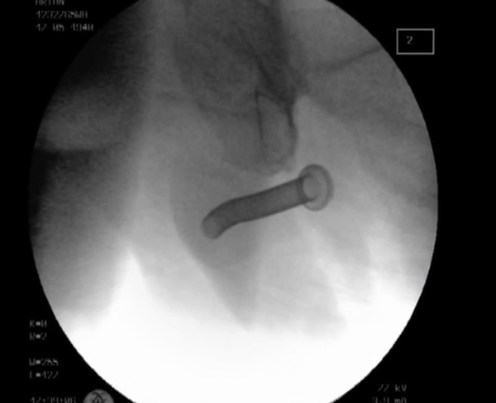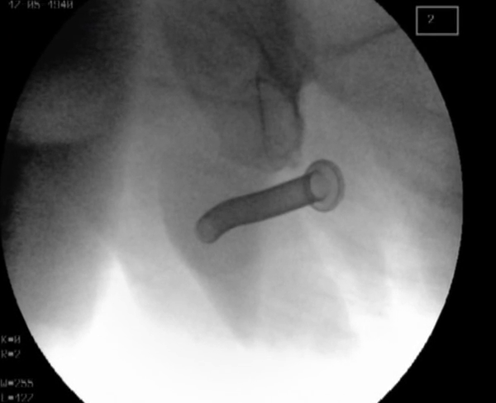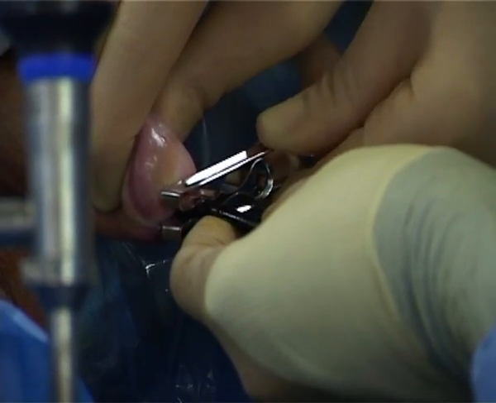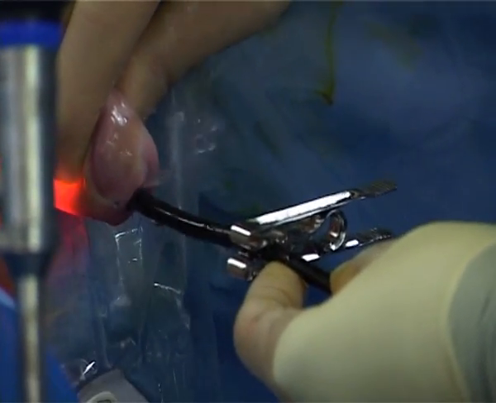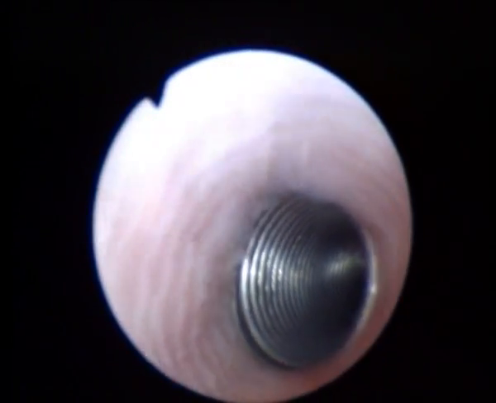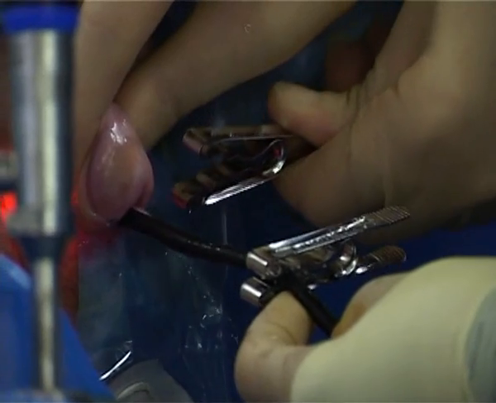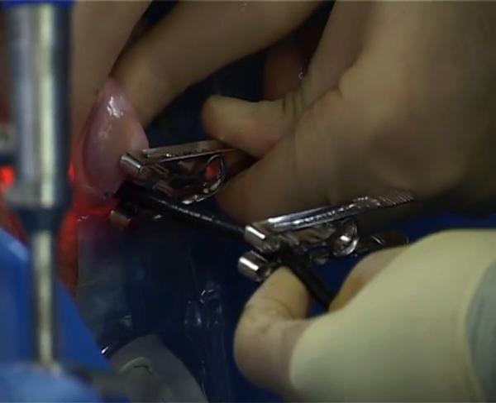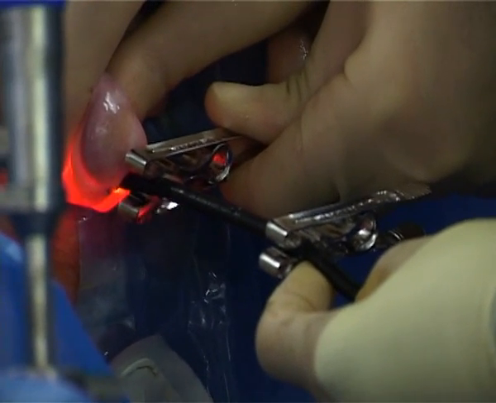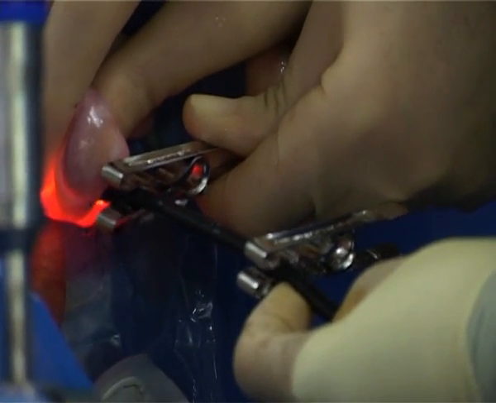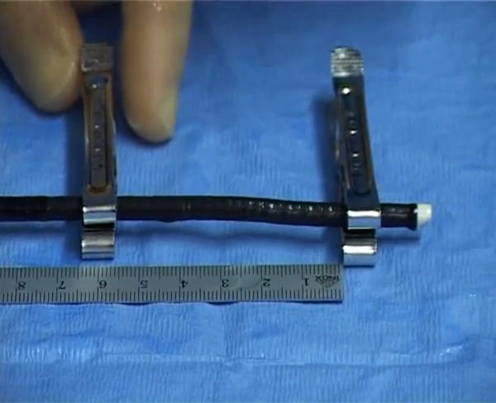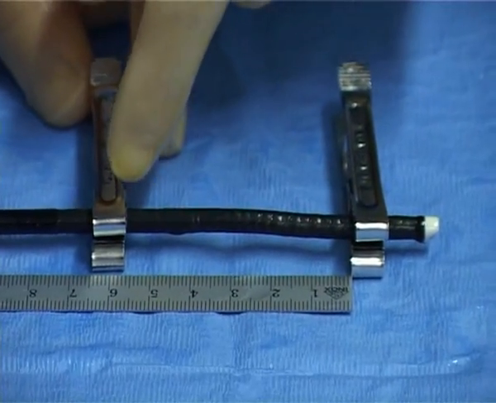Image intensifier shows the remaining proximal Memocath. The flexible cystoscope is then marked with 2 clips to accurately measure the desired length of the distal Memocath. The clips mark the distance between the distal end of the proximal stent and the meatus. The correct size of Memocath 044 stent is then selected.